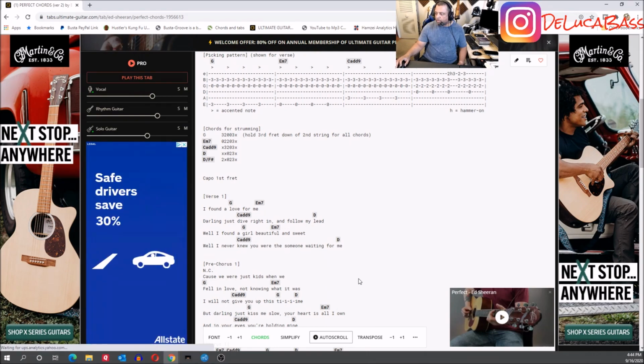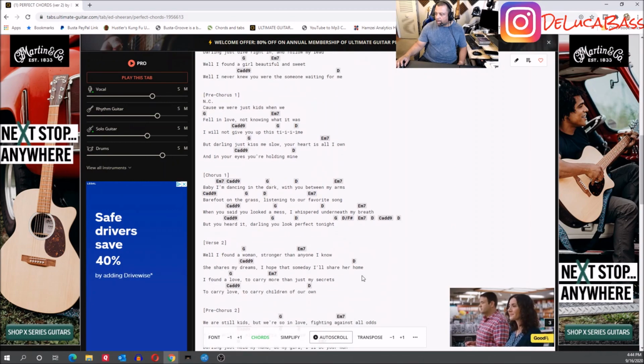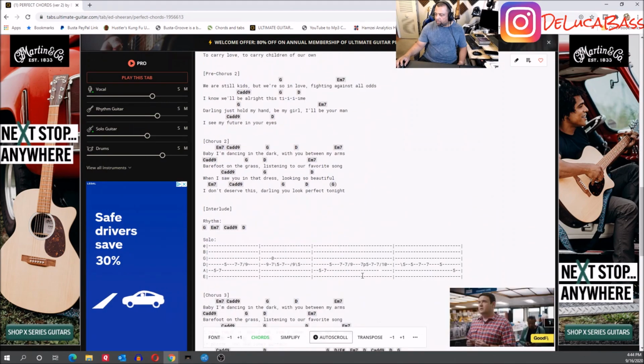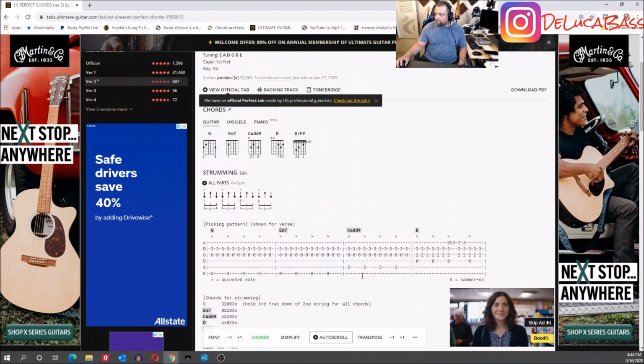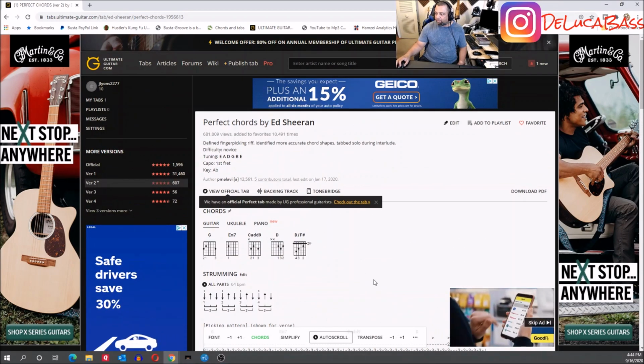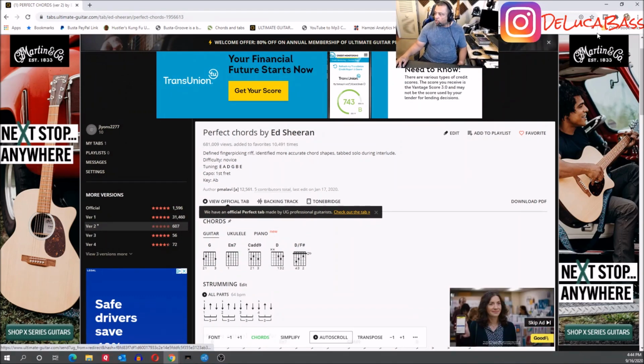Okay, so if you want to play it in G, that's cool. But I would try to find whatever the original key is, which I think is A flat, but I can't remember. I played this song before, but I can't remember. But this is one of the sites I use. Okay. Now let's go to